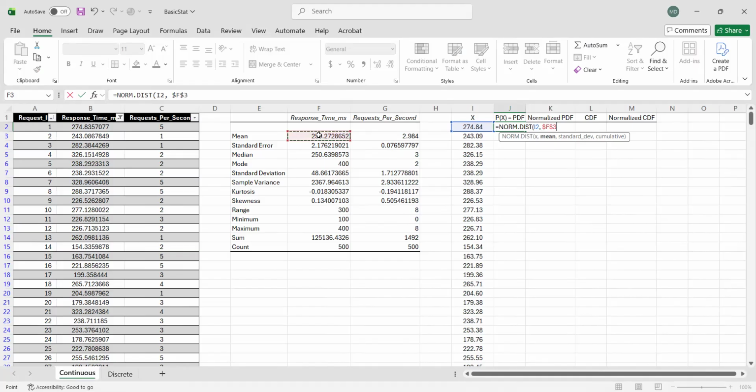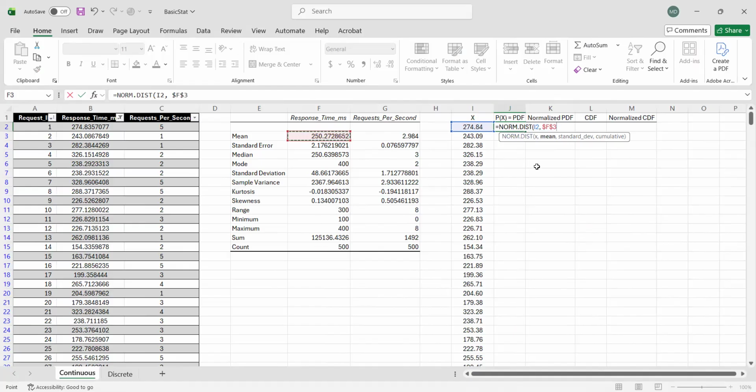Right? So that means if we reuse this formula later for the other rows, we are still referring to the same cell, which is for our mean. By the way, the table that we are doing right now is for this first one, response time.